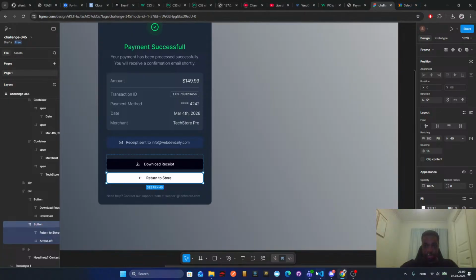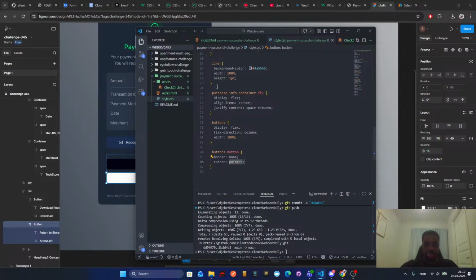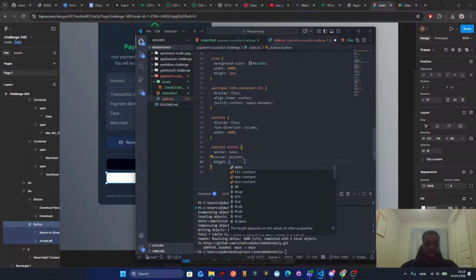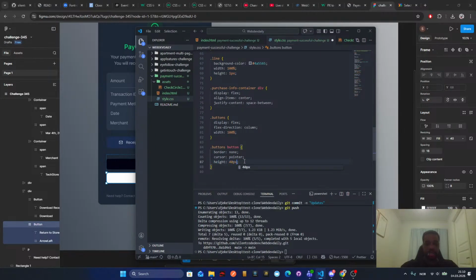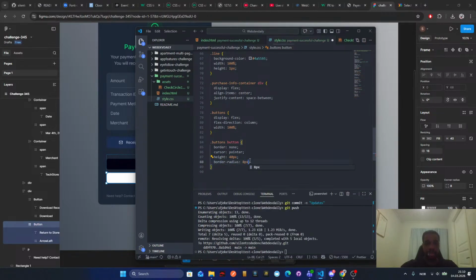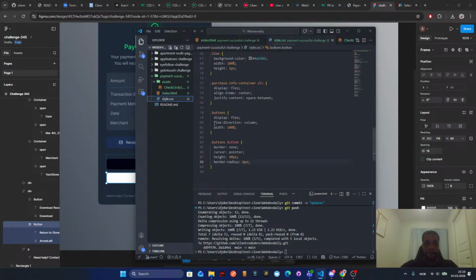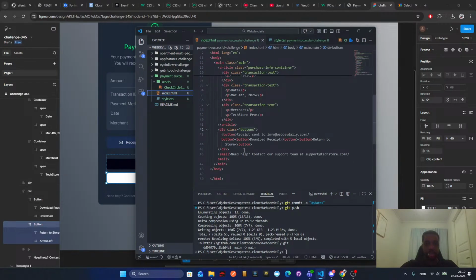So yeah, the width is gonna be responsive, and we're gonna do height 40 pixels and border radius 8 pixels, and that's it. Then we're gonna customize it. All right, so we can just say, I mean, we need to target those here because they are like,